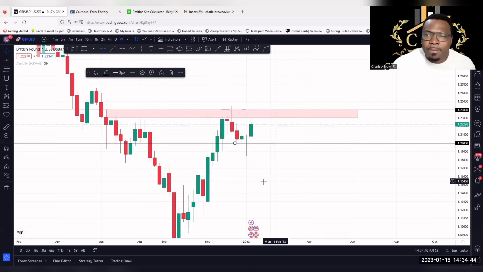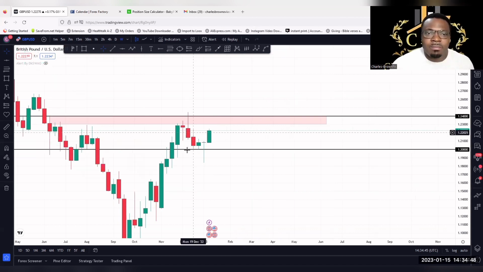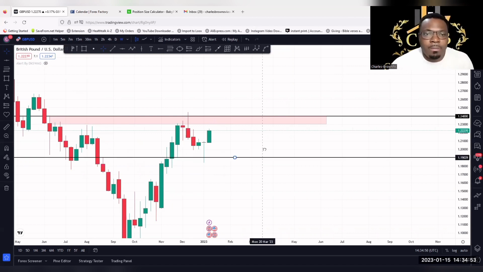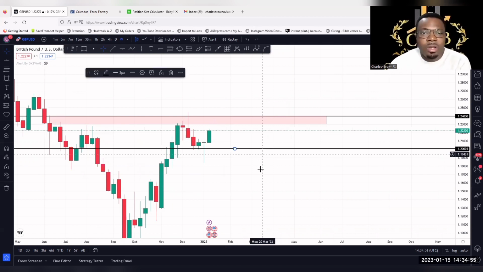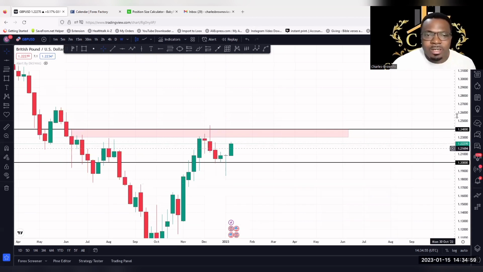So we have a proper psychological level there being spat out. Now we see what price did. Multiple rejection, 1, 2, 3, and then it spanked all the way up. So we have 1, 2, 3 touch, and the market went all the way up, as you can see. Now, what do you think that the market is going to do next?